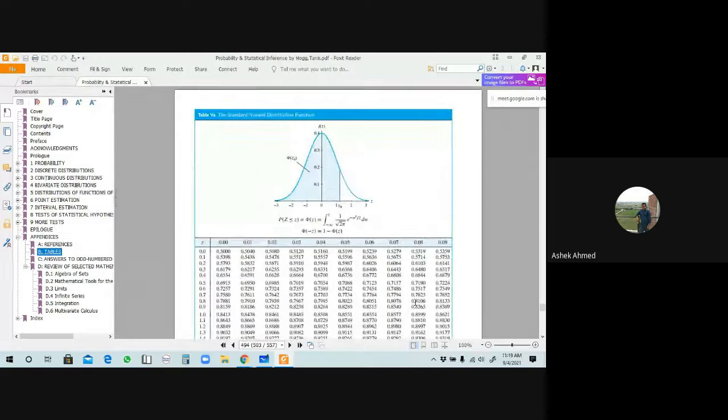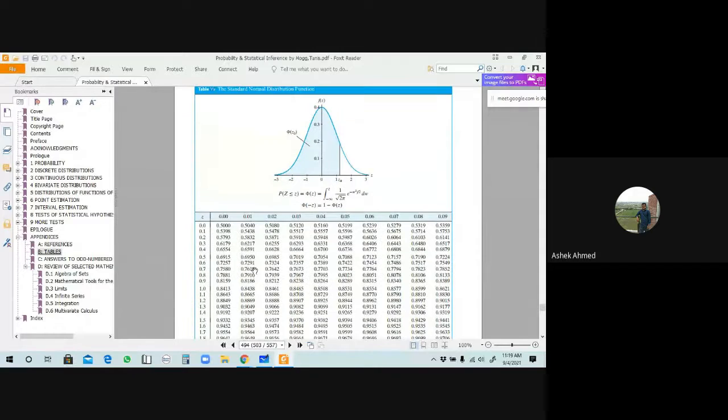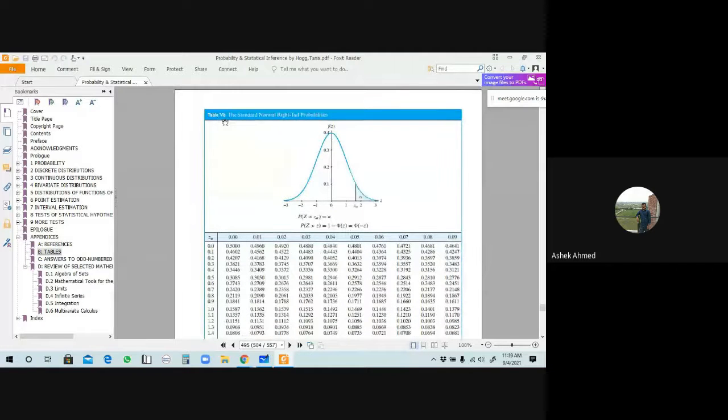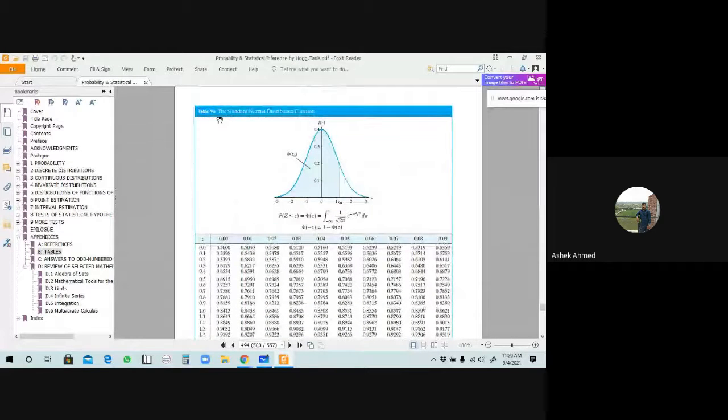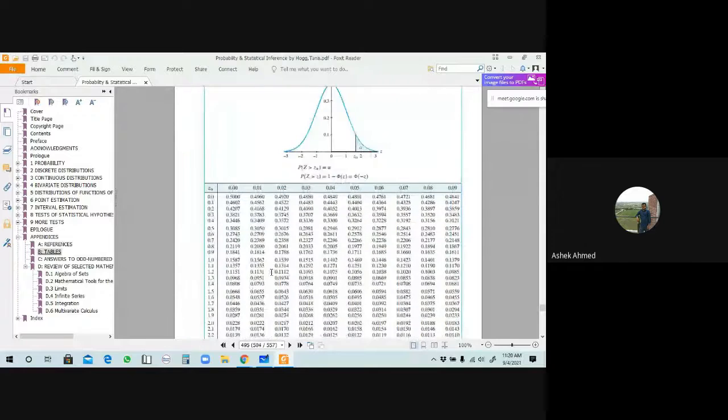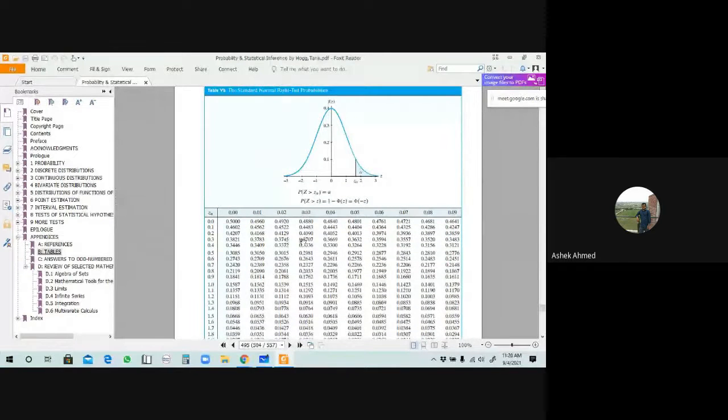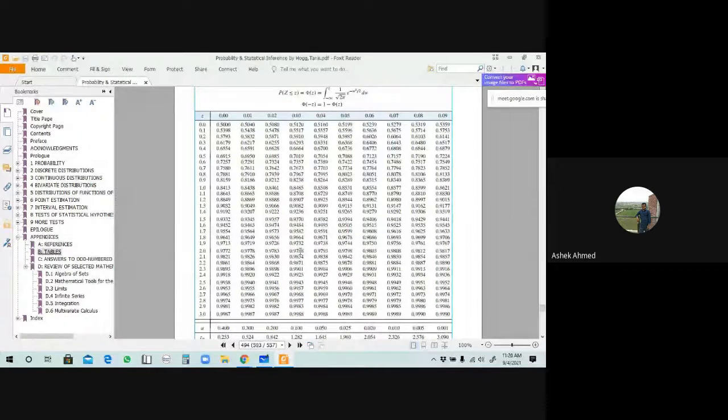This is the table of the standard normal distribution function. There's two tables. One is VA and another is VB. Okay, in your question, we will provide only one table. This is VA. From VA, we can find out any values also from VB. VB এরও ভ্যালুগুলো আমরা ফাইন্ড আউট করতে পারবো।